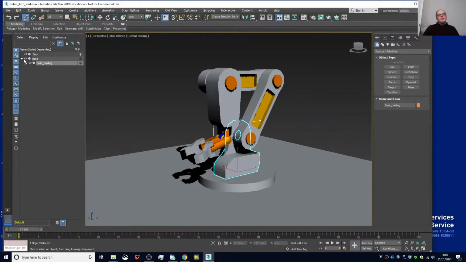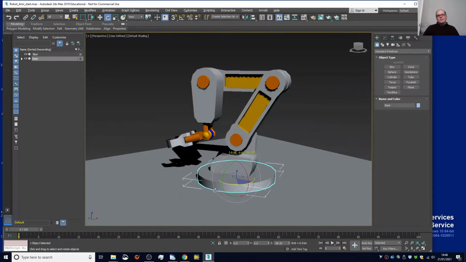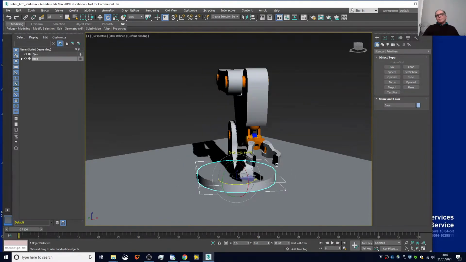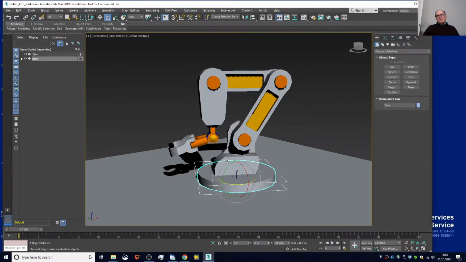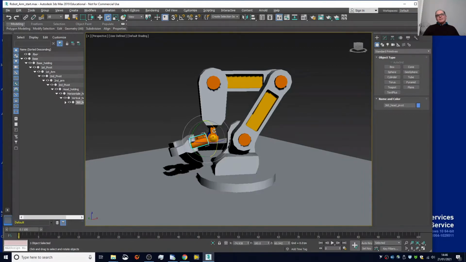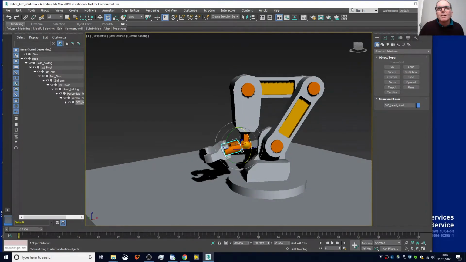And now, if we have it all working properly, when we do a rotation of the base, we should see the whole thing rotating. So that's how you know you've got it right, because when you move the base, the whole thing rotates. Well, if I move only this part, only the pivot will rotate. Am I doing something wrong here? Yeah, okay, that's something we need to specify in a minute. But for example, if I do this and I rotate here,